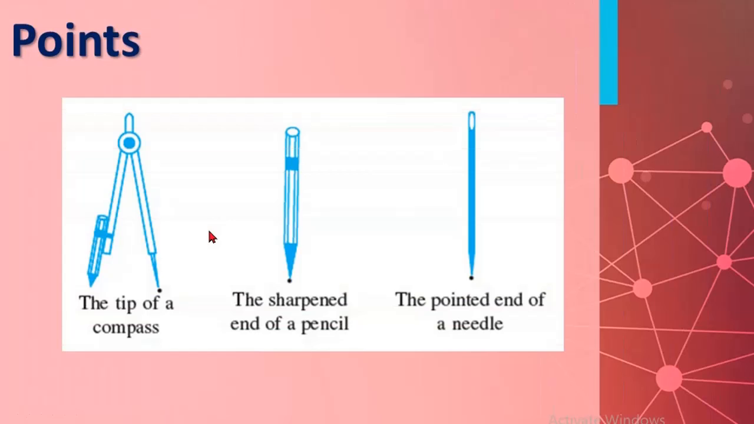So these are some examples of points. The tip of a compass, the sharpened end of a pencil, the pointed end of a needle, all these are examples of points. So in our next part we'll see